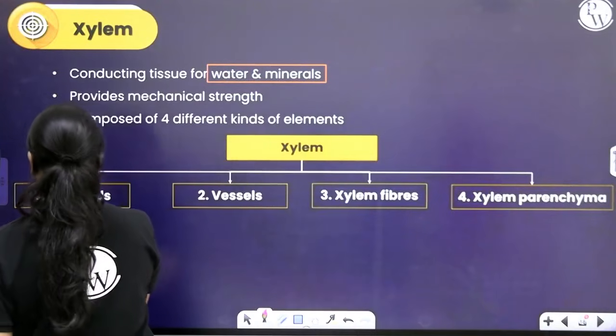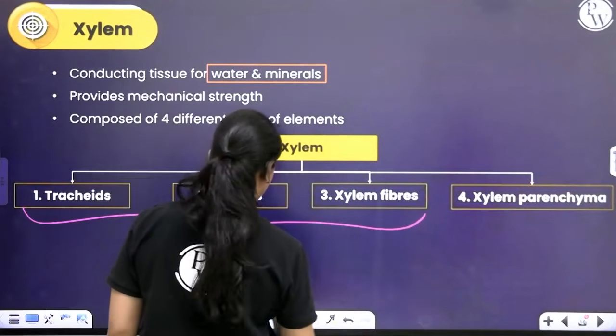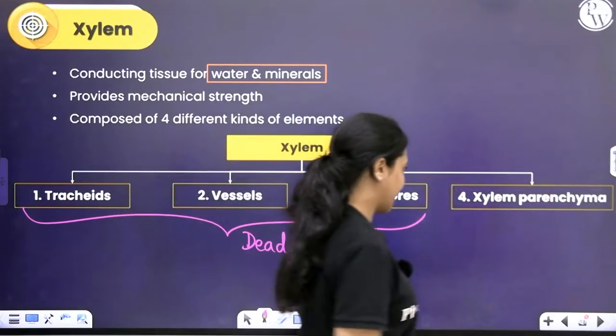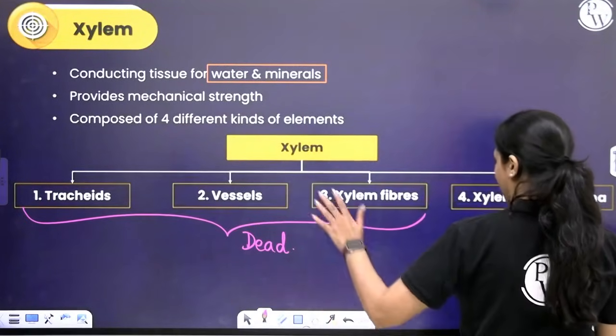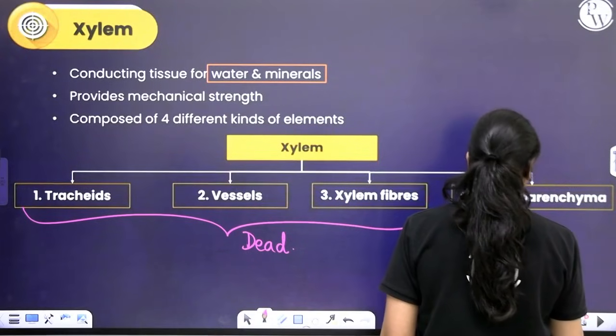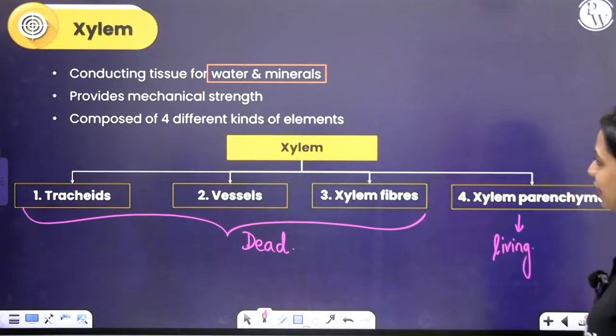Of the four different types of cells, tracheids, vessels and xylem fibres are dead. If they are dead, that means they can provide mechanical support. They are not soft, they will have thick walls, they can provide mechanical support. Xylem parenchyma is the only living type of cell that you can find in xylem. We will learn about each of these in detail, starting with